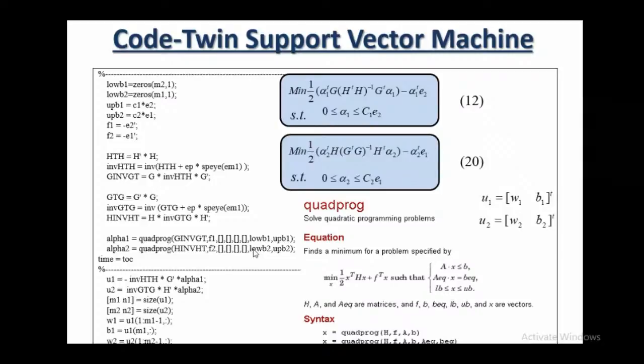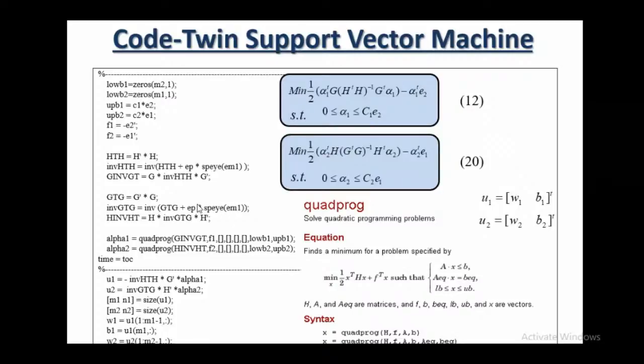In the same manner, for the second problem you have to call another quadprog function to solve this particular problem, or this particular QPP. So H inverse B H inverse. Here G transpose G you can write as it is. The inverse of G transpose is the inverse of G transpose. Why are you using this one? Because sometimes this inverse may not exist. So in that case, to handle those things, we have to add some delta term here, so that we are able to handle the inverse problem. And this H inverse H transpose you can write in this particular way.